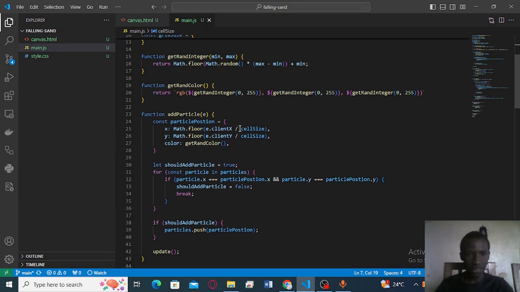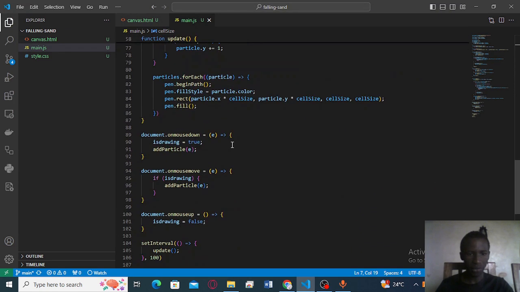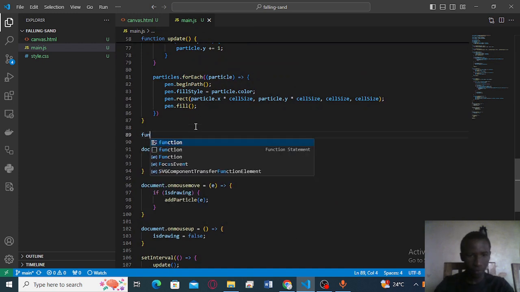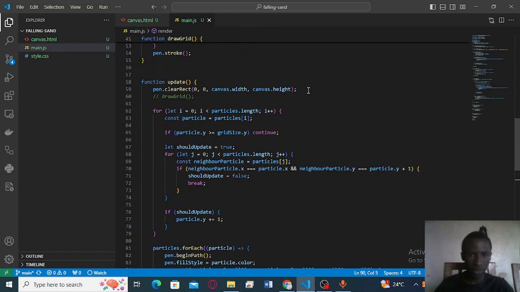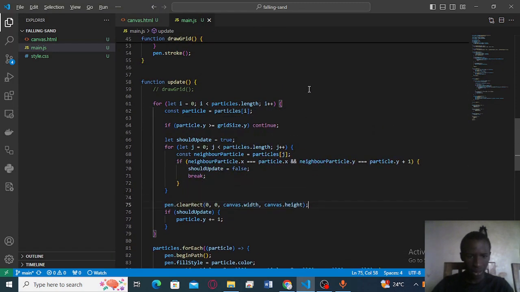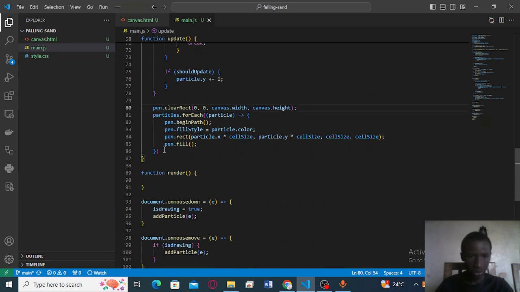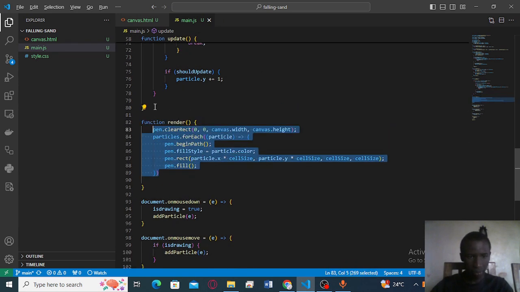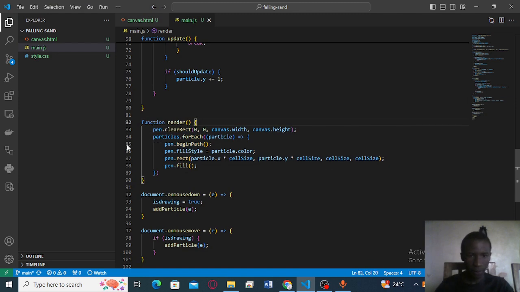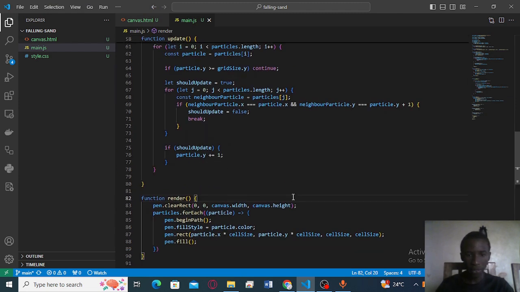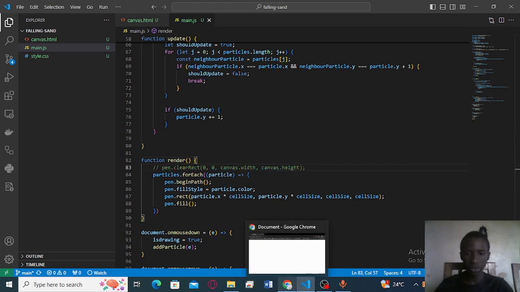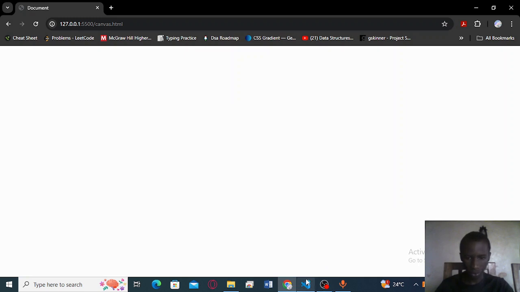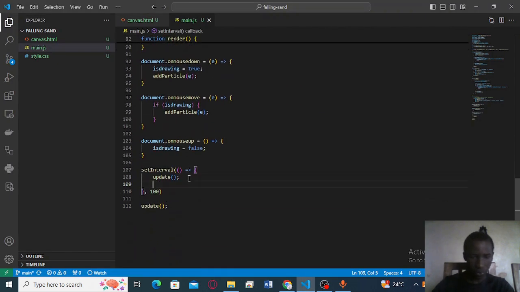And how we're going to fix that is we'll create another function called render, and we'll move all of the code for rendering stuff to that function. So I'll just take this, move it down here. Then, by the way, if you want to know what happens if we don't clear the screen before we add a new particle, this is what happens. Okay, I did not call render. So let's call render, and now